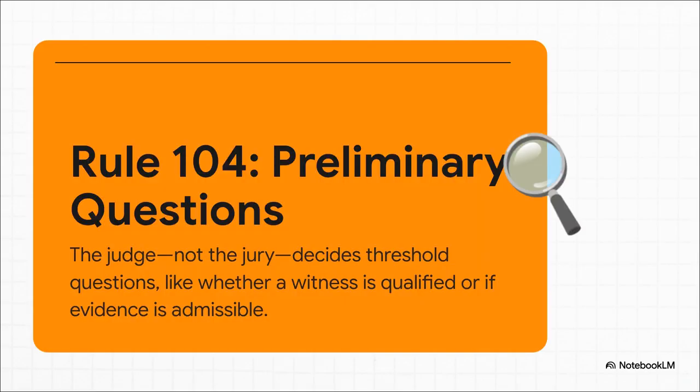First up, Rule 104 comes into play. This is the rule about preliminary questions. You can just think of the judge as a gatekeeper. Before a jury ever gets to hear a piece of evidence, the judge and the judge alone decides if it's even allowed in the courtroom. In the Brown case, a detective overheard the defendant making some comments on the phone, so the judge, using his power under Rule 104, had to decide first if those comments were admissible. He decided they were, and only then did he open the gate and let the jury hear them.